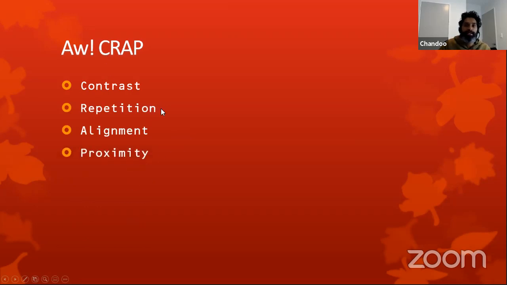These are four key design ideas that almost all good designers would be aware of, and they all follow them whenever they're building anything, whether it is a simple business card or a book cover or whatever may be the case. And we can apply these four ideas to design beautiful, functional dashboards. These ideas are not complex, so I'll just go into the explanation, but the name comes from the first letters of these: contrast, repetition, alignment, and proximity.